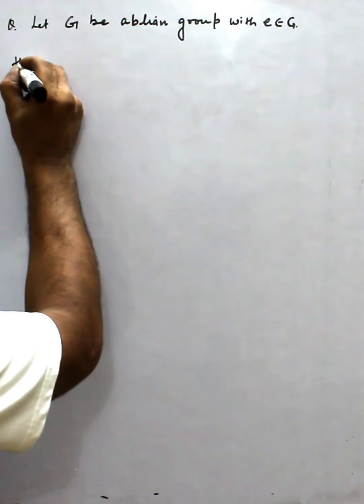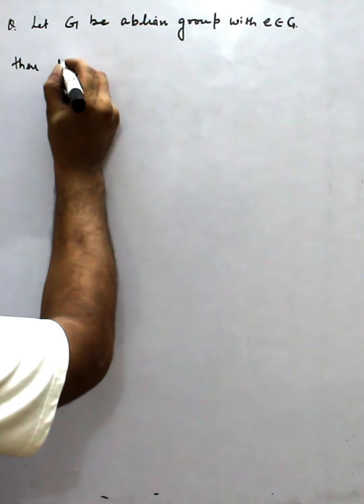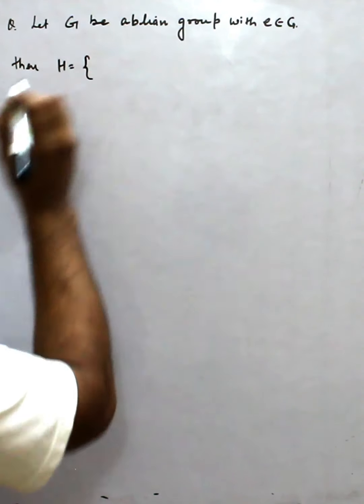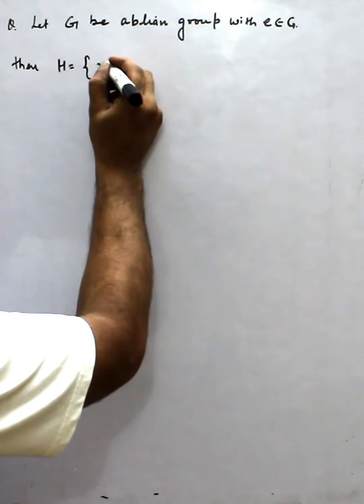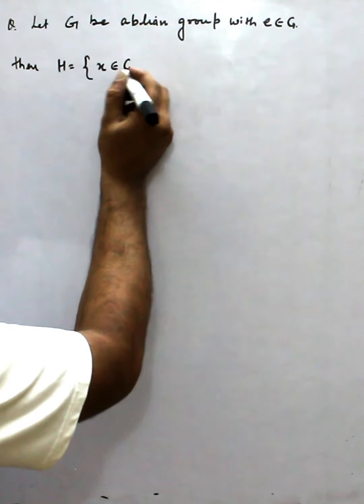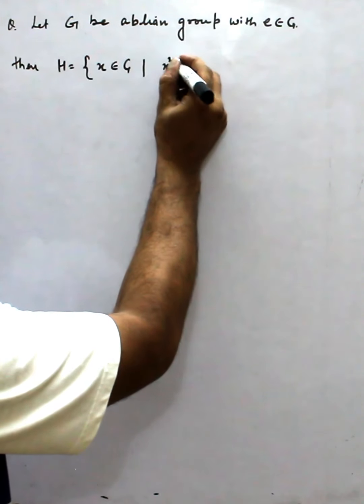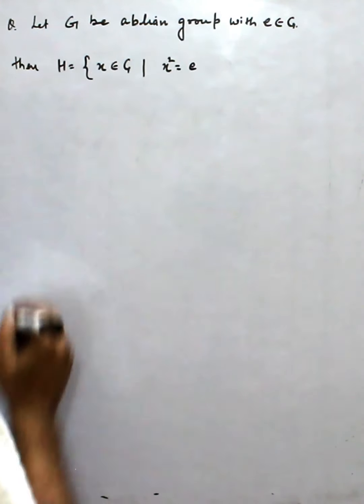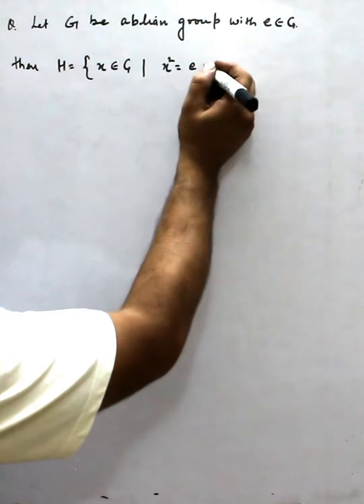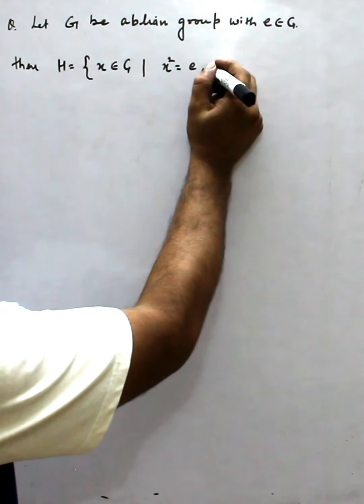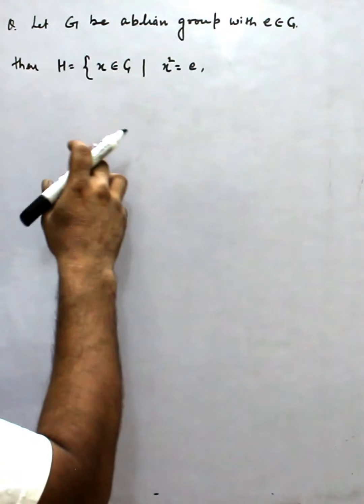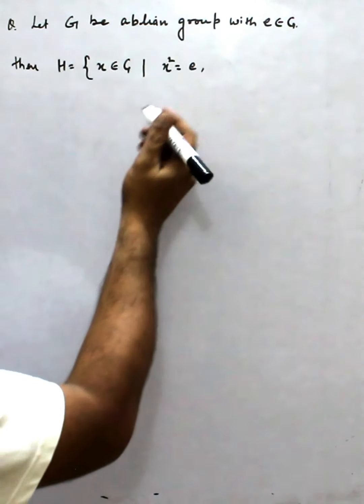Then H is equal to those elements x of G which satisfy x square is equal to e. Or by this property we can say x equals x inverse. That means x has its own inverse. Those elements